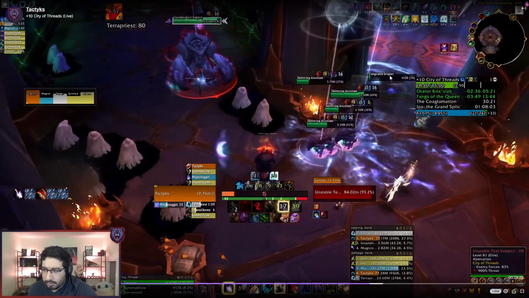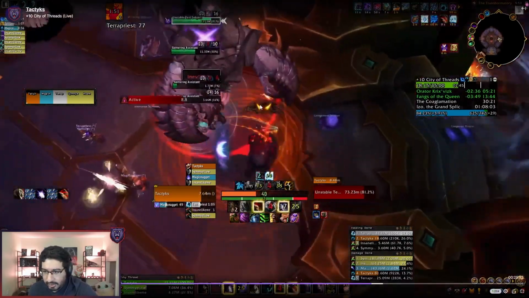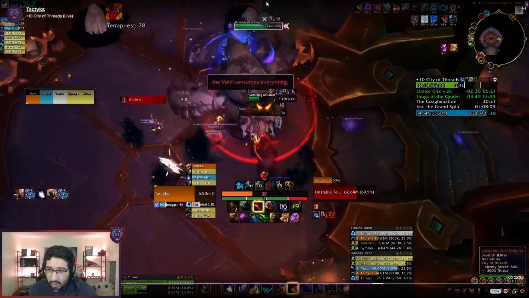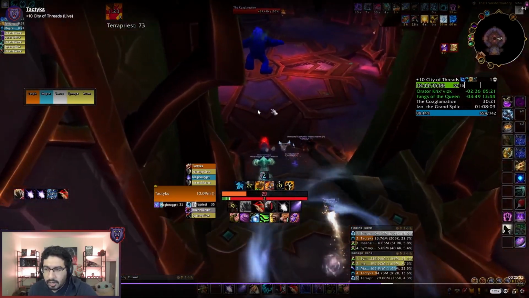I think optimally would be to pull droplets into this pull and then pull this pull and have someone trigger the RP. And that would trigger both the RP before this boss and the RP before the next boss in a good way. Anyways, though, we're going down to the